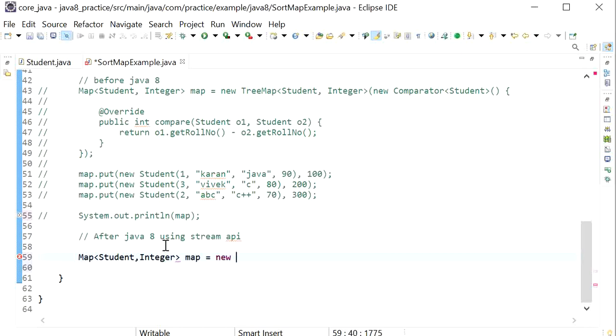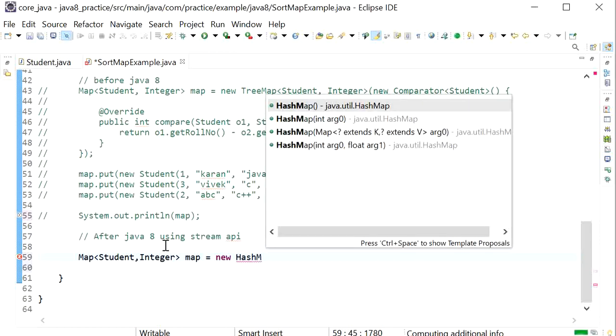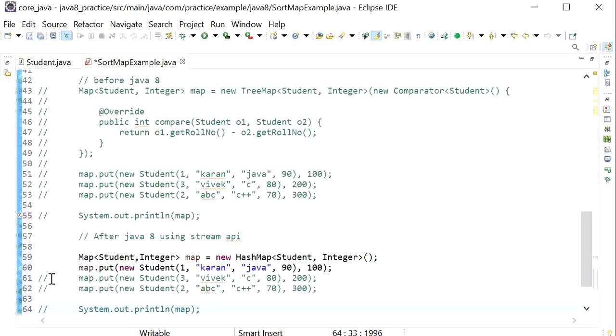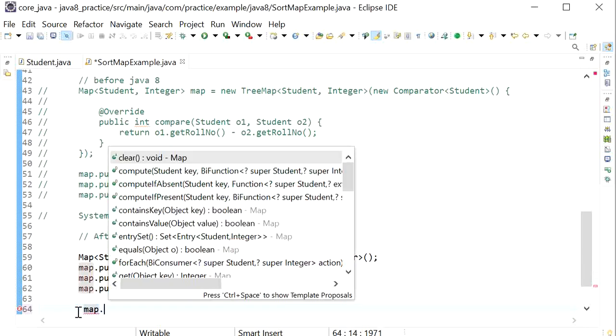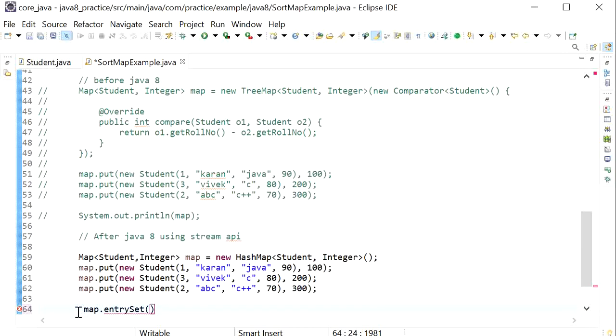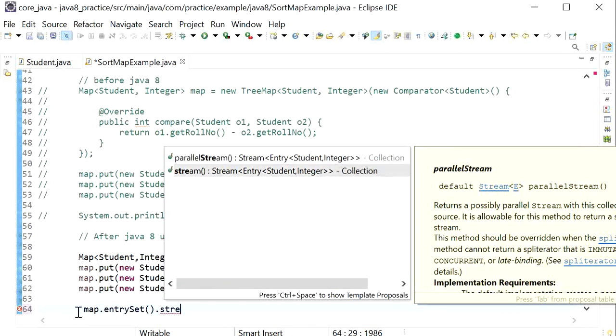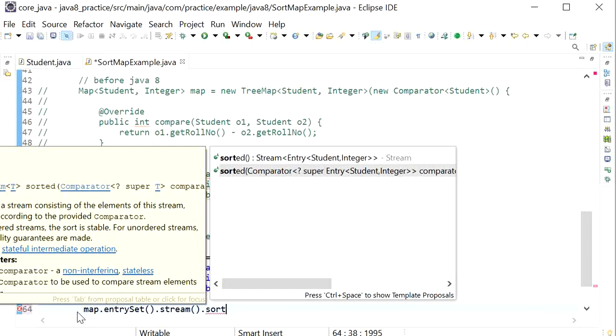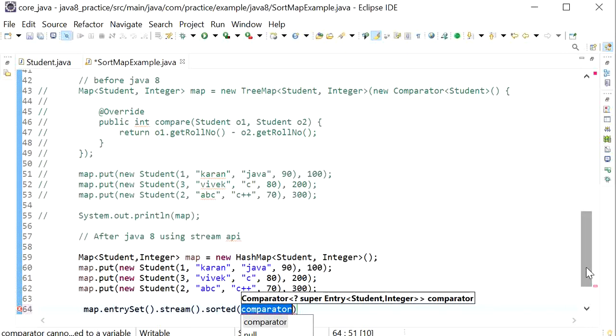Map is equal to new HashMap, and here we just need to add a few properties. I have added a few elements in our map object, and now first we need to convert our map into a stream. So first I will call map.entrySet, and after that I will convert this set into a stream. After converting to a stream we just need to call the sorted method, that is the second one, which takes a comparator as an argument.